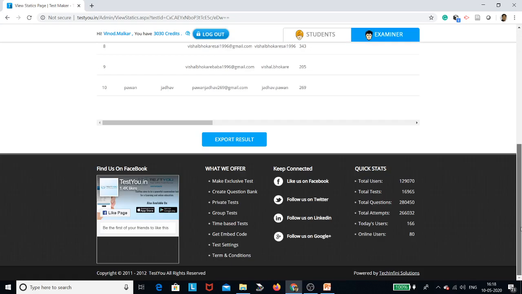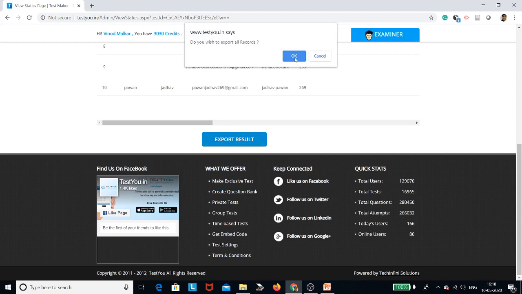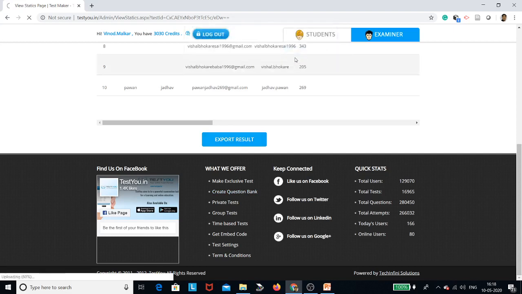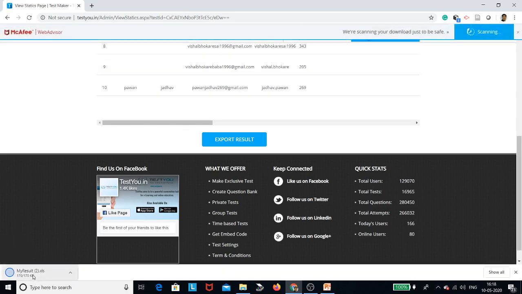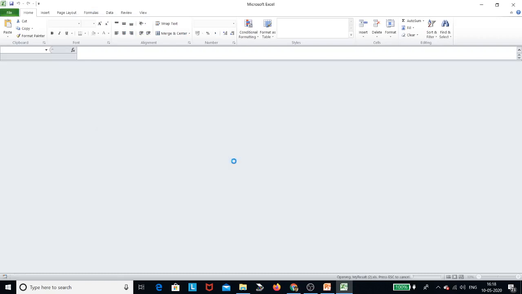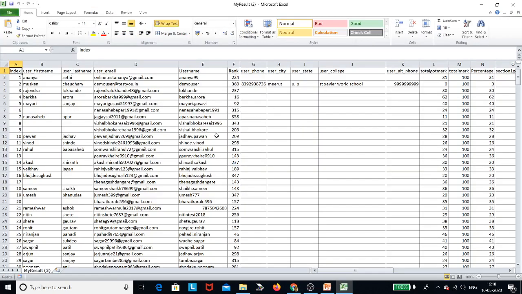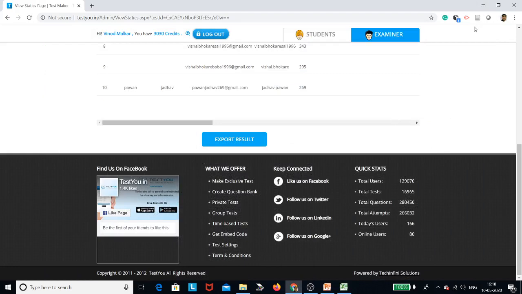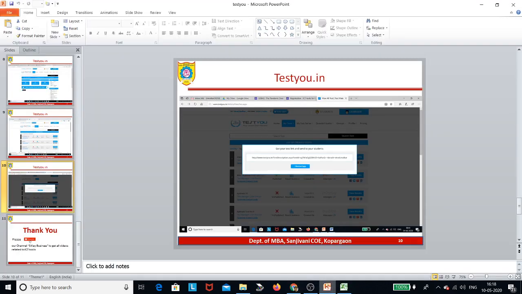You can very easily export results, and in export results, you choose whether you want to export all the records. You can export the records in whatever format has been mentioned. They have the Excel format, and the sheet for all 427 students has been downloaded. Very easily you can open it and you will get ranks and marks. In the section-wise and question-wise marks you will get in this Excel sheet. So this is a very good tool that I have been using for the last 3 years.